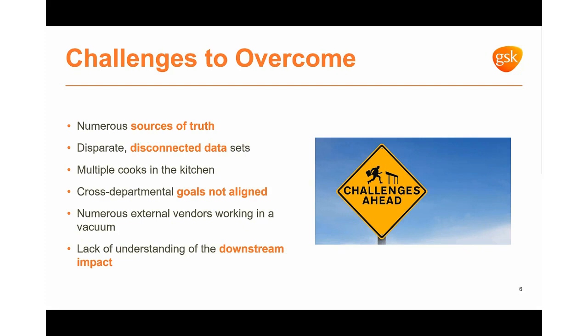And then finally, most of these groups that are working in vacuums don't have an understanding of the downstream impact of what they're doing. What is my job? How does it support? What comes next? What's this data being used for? Are you creating a PowerPoint report? Are you trying to do data warehousing and need primary keys? Do you need to connect the data to something? Are we trying to visualize it? What are the key points we need to track this data by to enable the outcomes that you're looking for? All of these challenges exist, but are surmountable with a proper model.